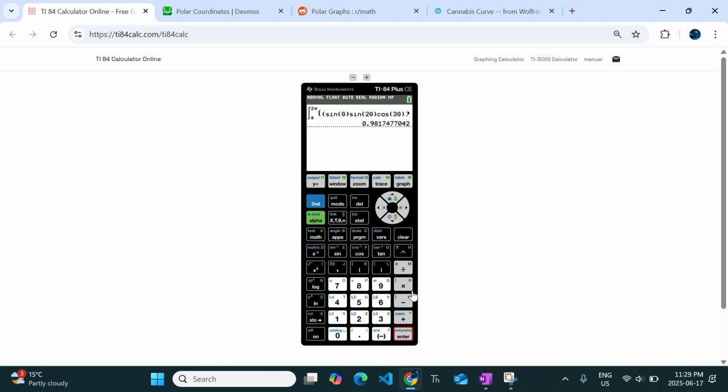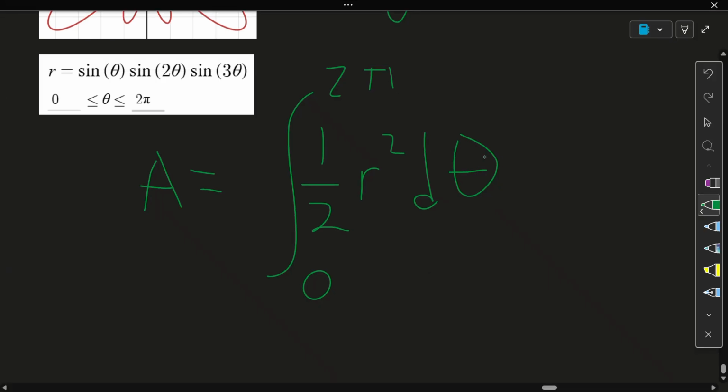Oh, looks like it's running. Okay, that's our answer. And remember, this is half of it. I just didn't put it in the integral. So we divide by 2. Okay, so it looks like we get 0.491. We can just cut it off at 3 digits. Okay, so our answer is